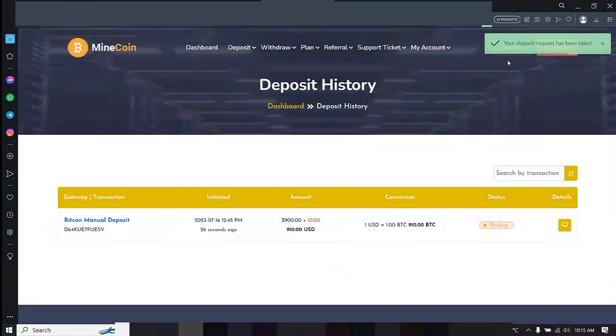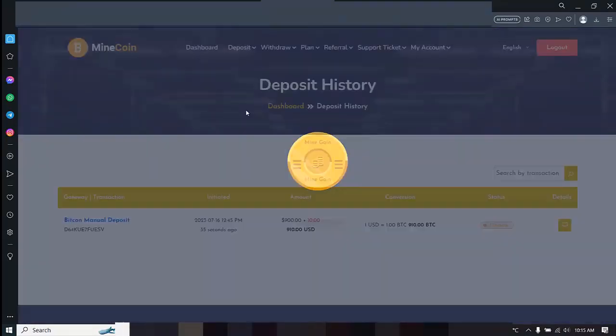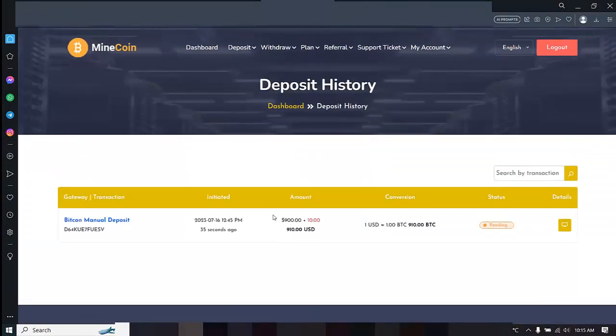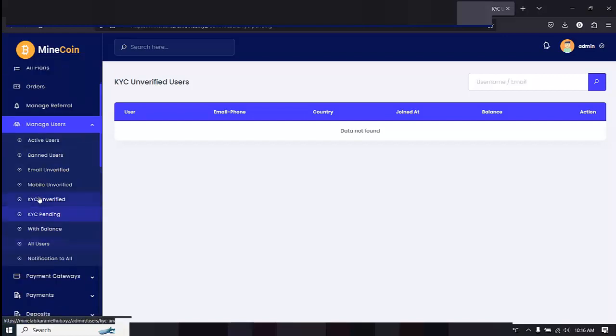You can see now, it says your deposit request has been taken. So this is actually the deposit log. When you go to this place now, deposit log, you can see it shows your deposit log. So I'll go back to the admin dashboard now to approve this deposit so that the user account will be credited. So I'll go to deposits,